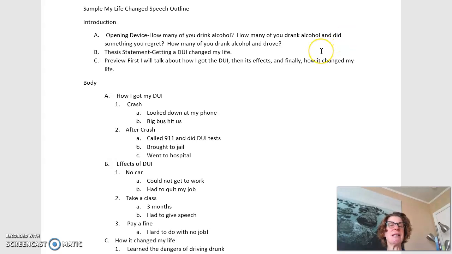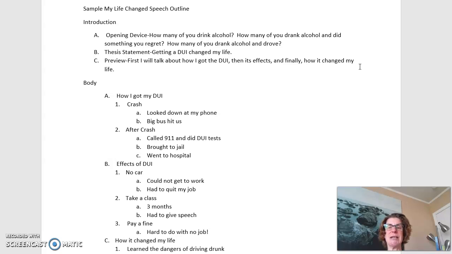The thesis statement, again, is simply what your topic is. And in this case, for this person, it was getting a DUI. Remember, your topic doesn't have to be that intense. It doesn't have to be that personal. It's up to you. Next, you see that the C point here is the student's preview, where they talk about